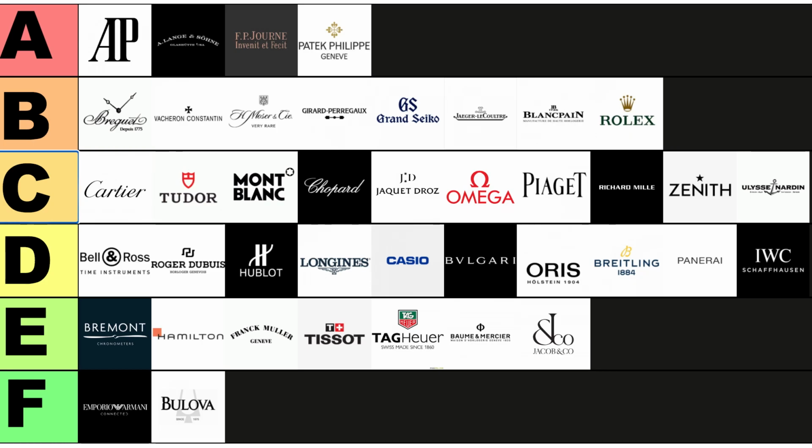but it's very competitive. So that's all I'll say about Bulova, not trying to beat them up too much, but the reality is they do not really make a watch for enthusiasts, with the exception of the Accutron line. Largely they're making watches for the casual purchaser at something like a Macy's or a Dillard's. You get the idea. Moving on, the next tier up, now we have Bremont, Hamilton, Frank Mueller, Tissot, Tag Heuer,